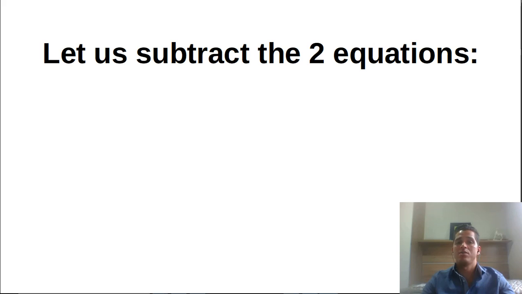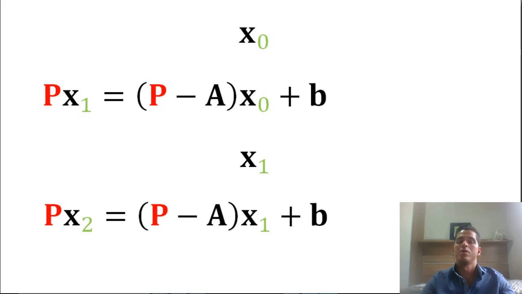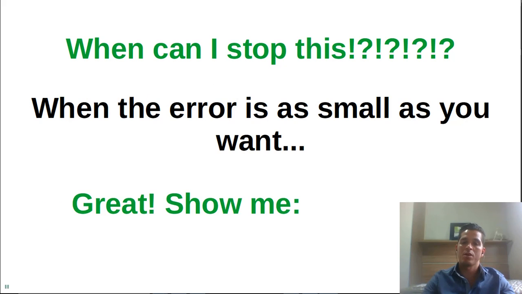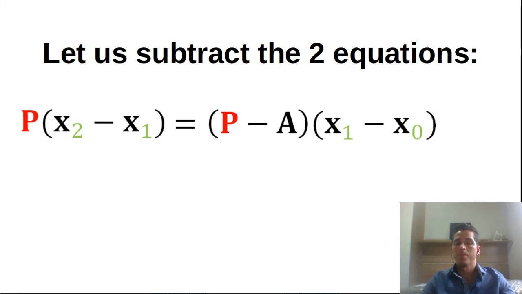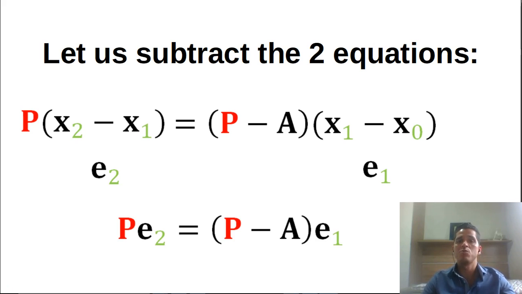So let us just subtract these two equations, this equation and this equation. Okay, p x2 minus x1 equals p minus a, x1 minus x0. But what is x1 minus x0? It's an error, right? It's an error vector. I'm just taking the difference between two estimates. It's an error on the variable I want to find. So I have an error here, and I also have error 2, e2, another vector,